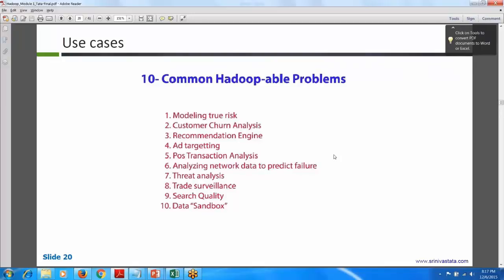Coming to modeling true risk. Up to now in the banking domain, most of the bank transactions go through the mainframe system. Yesterday we discussed OLTP and OLAP, right? The mainframe system stores the data for only 3 months. After 3 months, what happens? As we discussed yesterday, they dump the data into the OLAP data warehouse, like Teradata or Exadata,